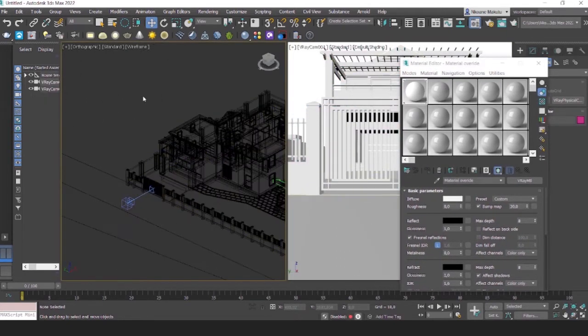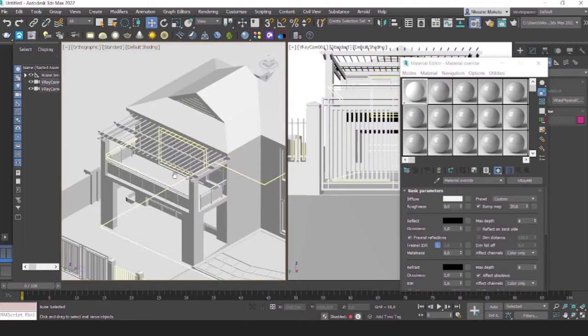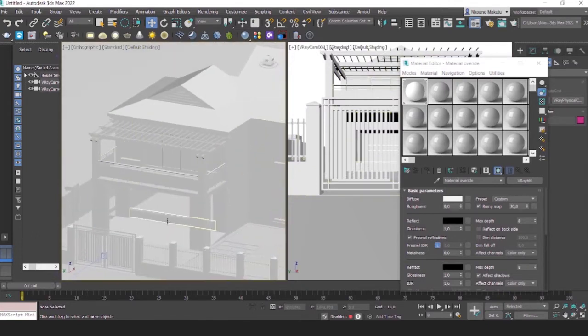So once I have it like that, I will also go ahead